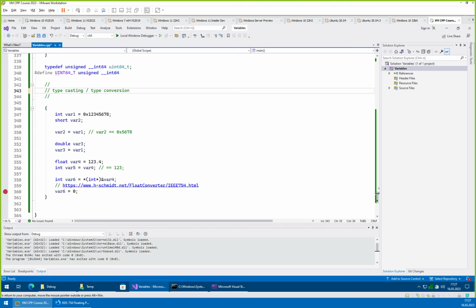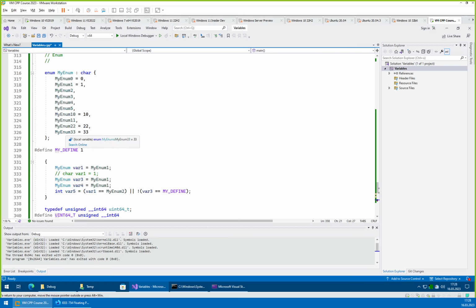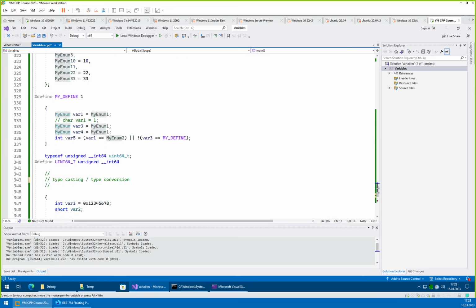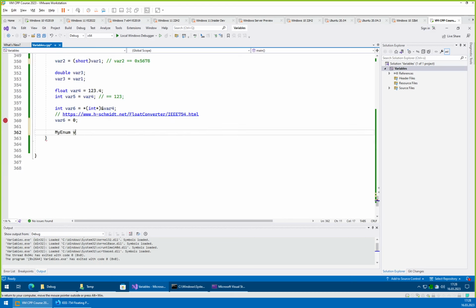Now this type conversion, like demonstrated here, let's make it explicit, you can use with many types, and as it becomes somewhat intuitive with this behavior, you can cast types to each other which are completely incompatible. So you could also use typecasting to cast. If we have here our enum, for example, it does not have a value 44. So let's define an enum. Var 7 equals my enum 0, and then we want to assign our enum the value 44. So we can just